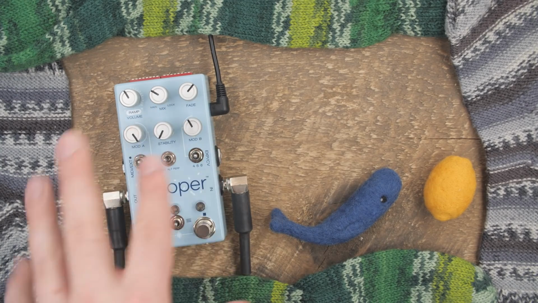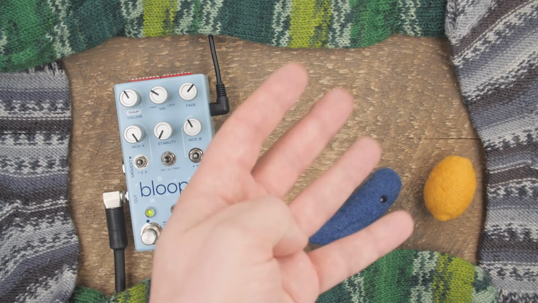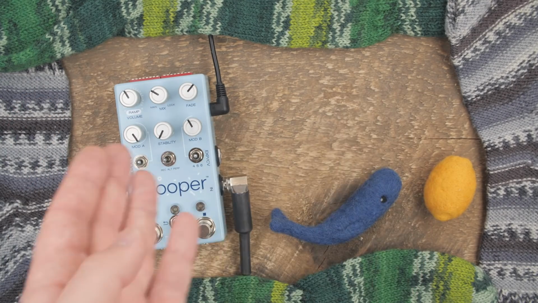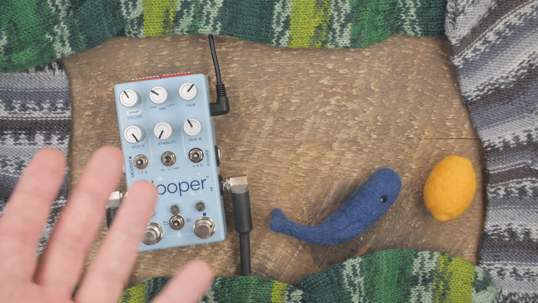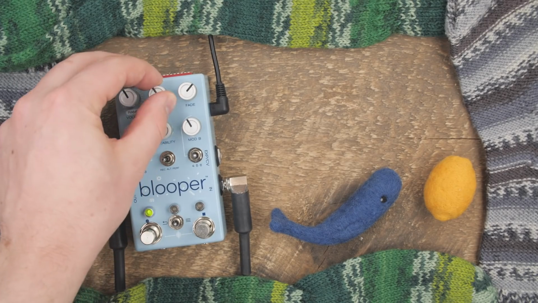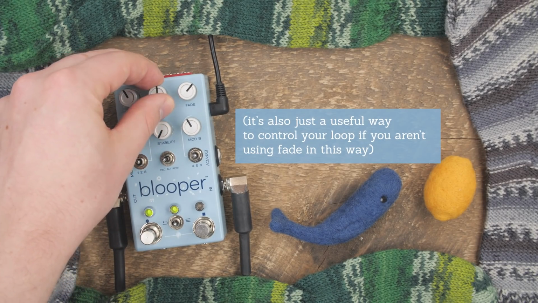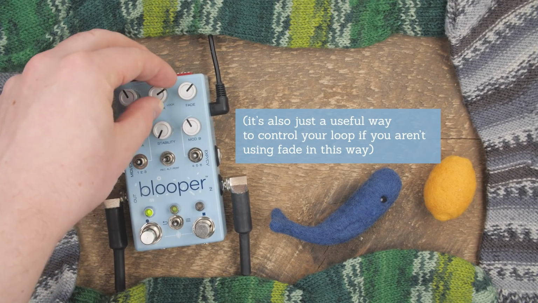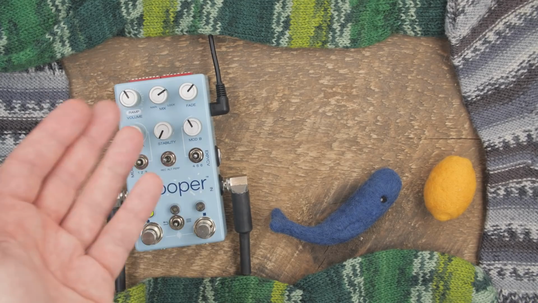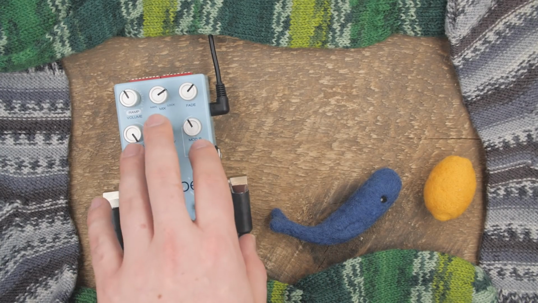But the thing is, now that we have the fade knob in there and we're able to do what we've done here where you can record these individual layers that are really just their own loops, it's nice to have a way to scan through those. It's actually a very musical thing to do. And of course you could ramp that, or you could control that in a number of ways. So I'm really pleased with this